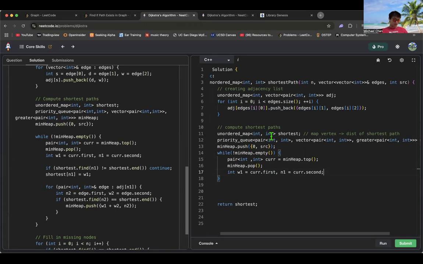But I'm sorting according to distance, right? The first one should be distance. So it should be distance and vertex. That right? The key with the first one would be, wait, if